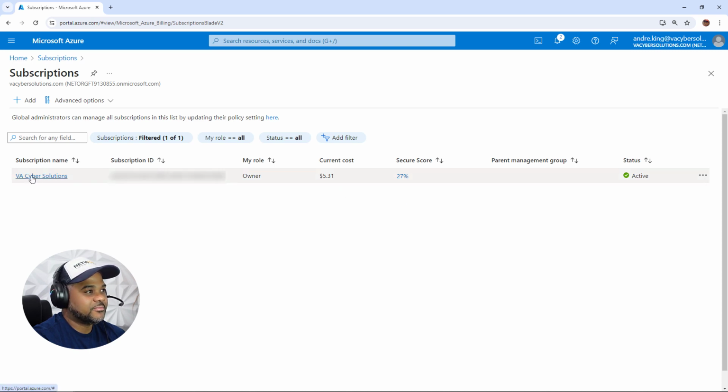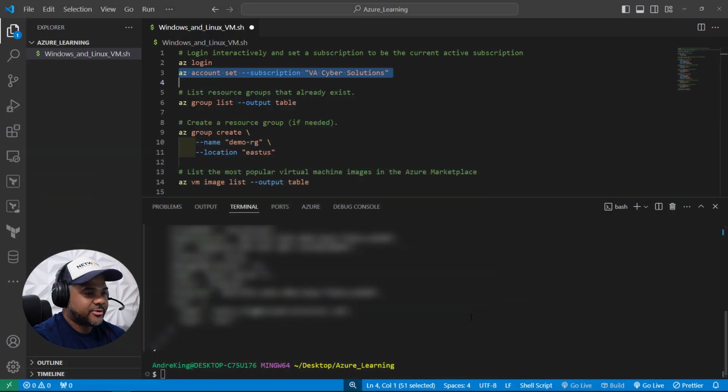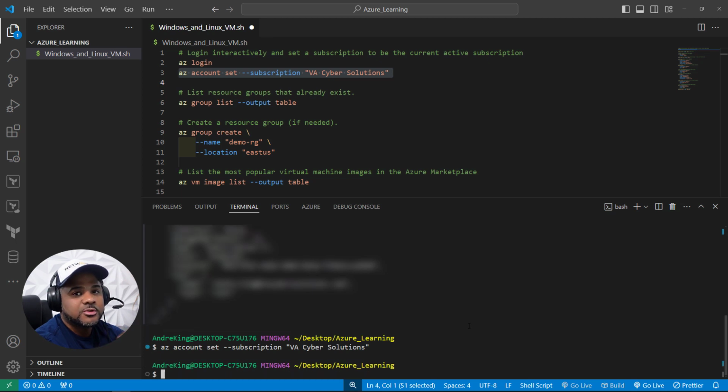And that's my name, VA Cyber Solutions. So that's why we got it inserted here. Let's paste that in and hit enter. Again, this shouldn't take too long, but we're just setting the stage for running our code and validating that we have the communication to Azure.